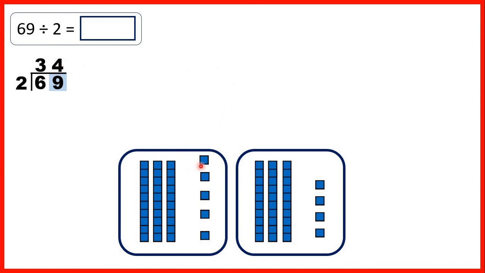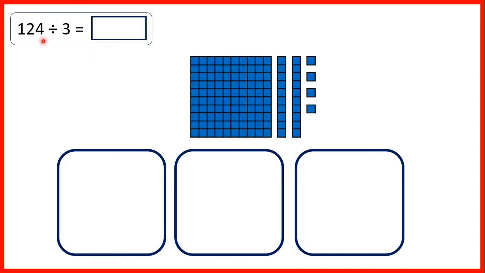But we can't share out this remaining one, because when we divide, we need to make equal groups. So this one here is our remainder, and we could tell that we were going to get a remainder, because 4 times 2 is only 8, and we were dividing 9. 4 times 2 is 8, and we need 1 more, that's this 1 more here, to get to 9. So our answer was 34 remainder 1. Then we had